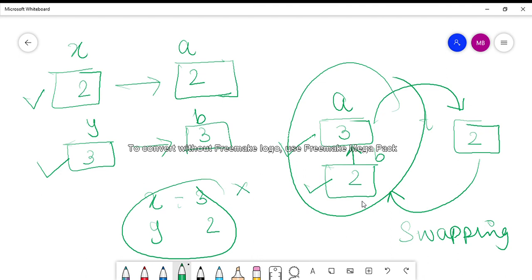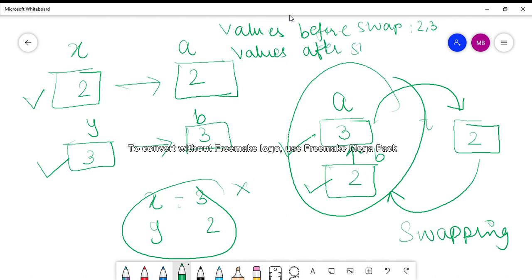So when you save values, if you run this program, you will see that values before swap are 2 and 3, and then values after swap are also 2 and 3.